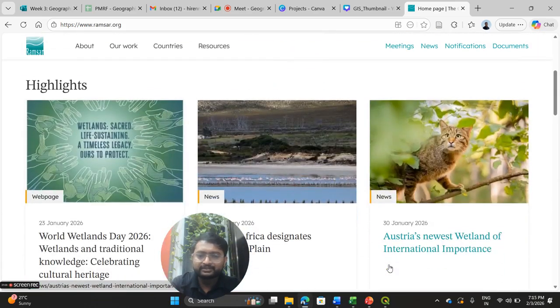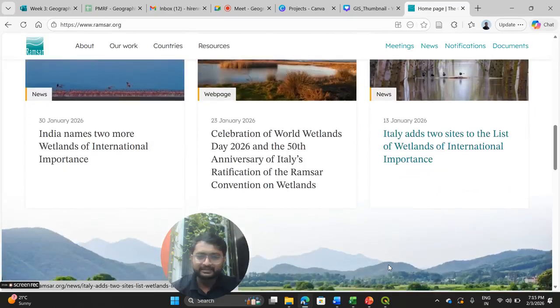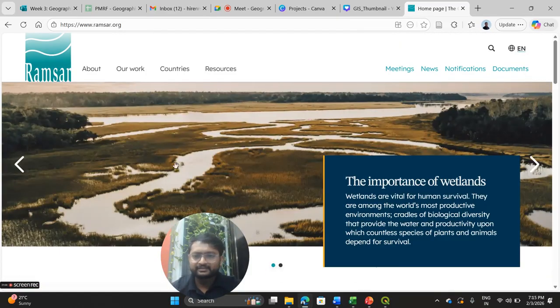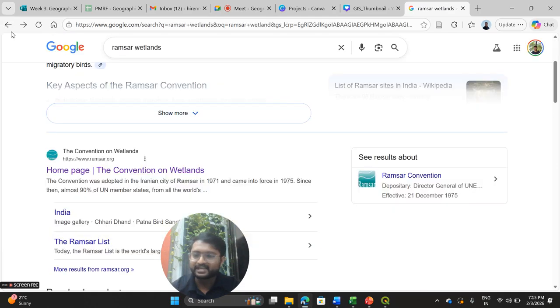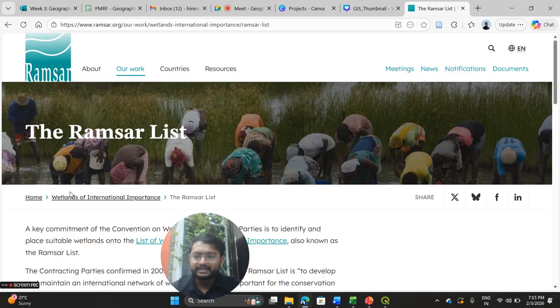Now, Ramsar sites across the world have specific criteria, and if a site follows these criteria, then it will be considered a Ramsar site. Now, why we are discussing it is that we'll see how the sites are represented across the world using GIS data. So if I just click on the Ramsar site list,